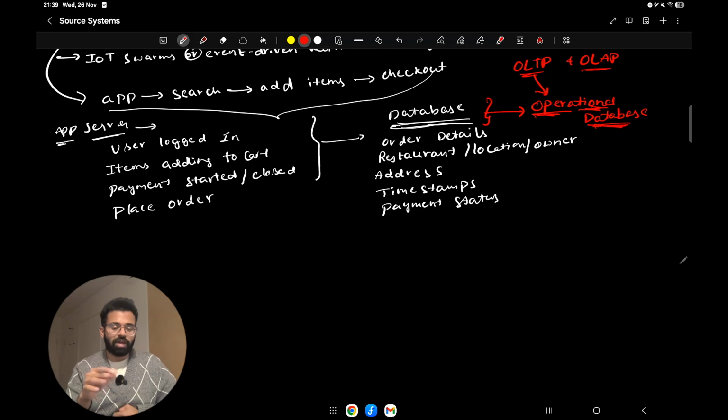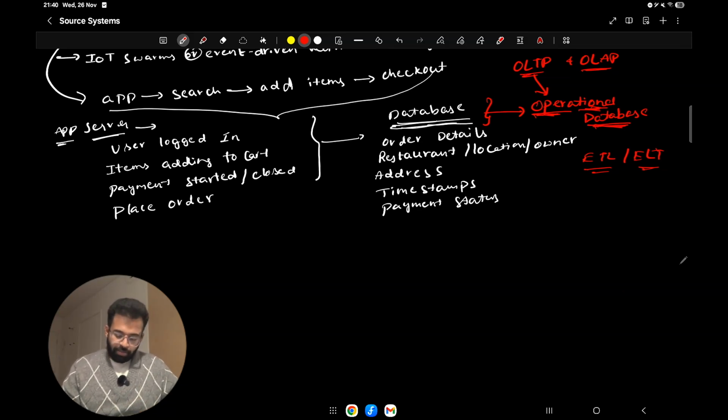In some cases there will be pull and push patterns that we are going to talk about in later videos. But you need to connect to the operational system, fetch the data, and then put it into some storage. And of course you might do some transformation, or you might do transformation after storing it into storage, and then maybe after transformation you might store it again. I'm not going to get into the ETL and ELT discussion in this video. We'll talk about it in later videos.